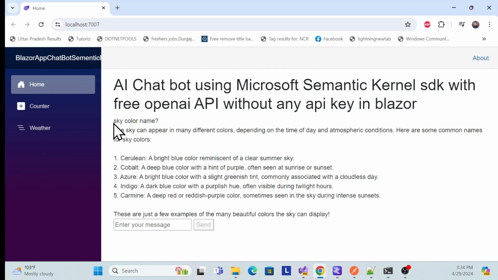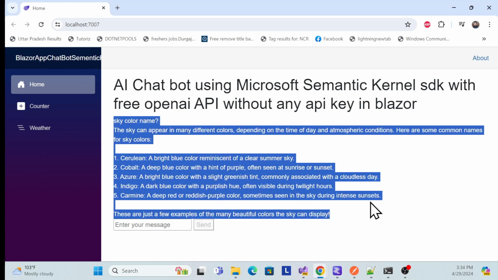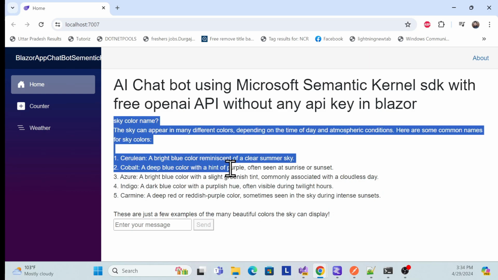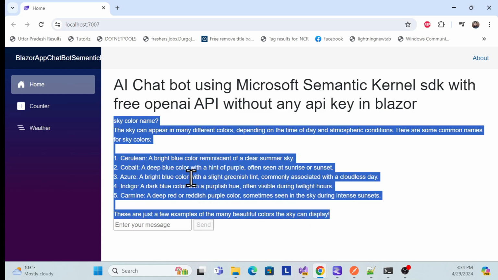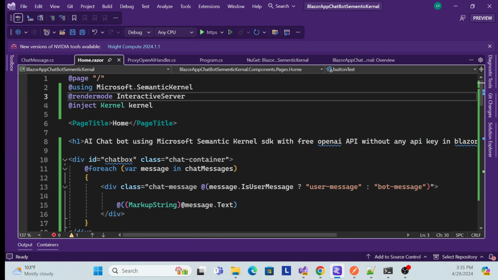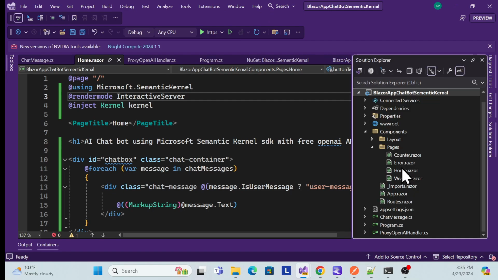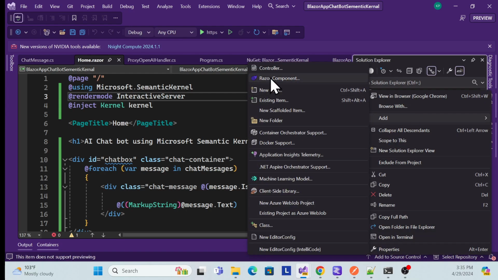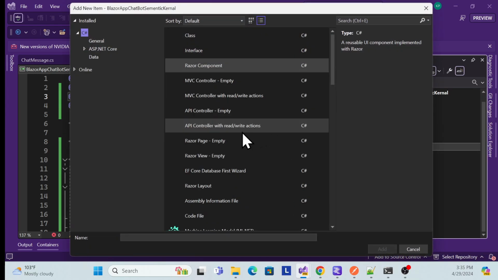Now see, I'm getting that response, right? So that is fine. From a functionality perspective, it is working fine, there's no issue, but just from a design perspective, it is not good, right? So what I can do is simply change our design first and make the look and feel better. For that I just create a new component, for example a razor component also,